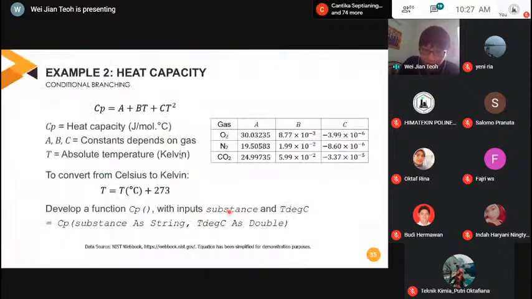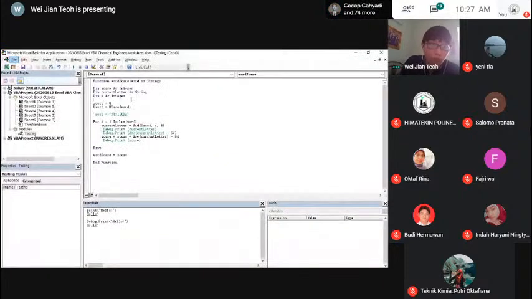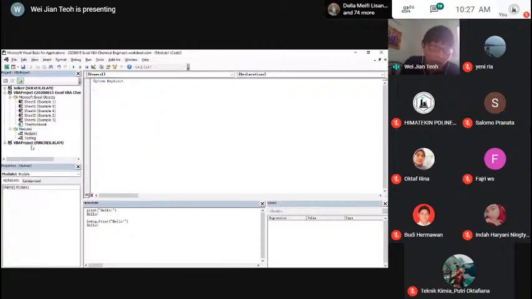Let me go back to Visual Basic. So as not to disturb this, I'm going to right click here and insert a new module. Let's just call this module example 5. Okay, simple. I just delete this.